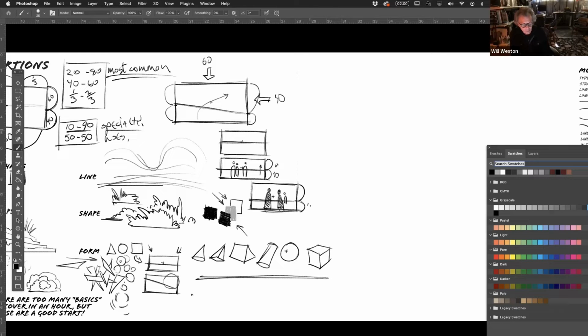So this is 1/3, 2/3. If I come down to 20/80, so I come down here, suddenly the picture is about the sky. So we're going to start having, it's really important, the sky. And here he starts taking on heroic proportions, because as the horizon gets lower, when I look out ahead of me, the horizon's in the center of my vision. So when you lower the horizon, you're lowering my eye at the same time.